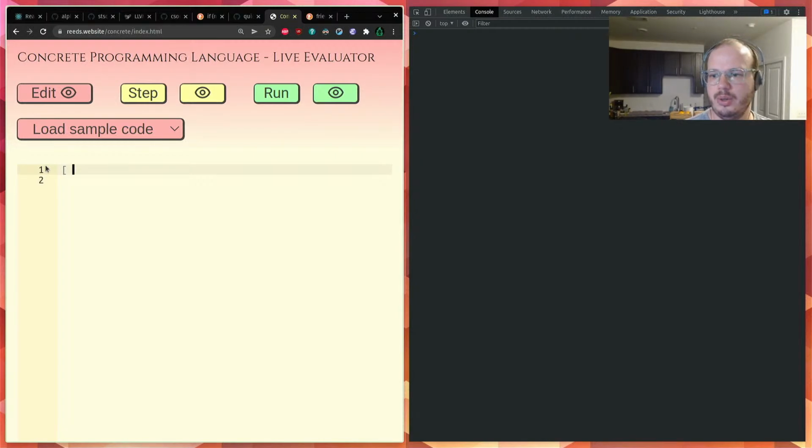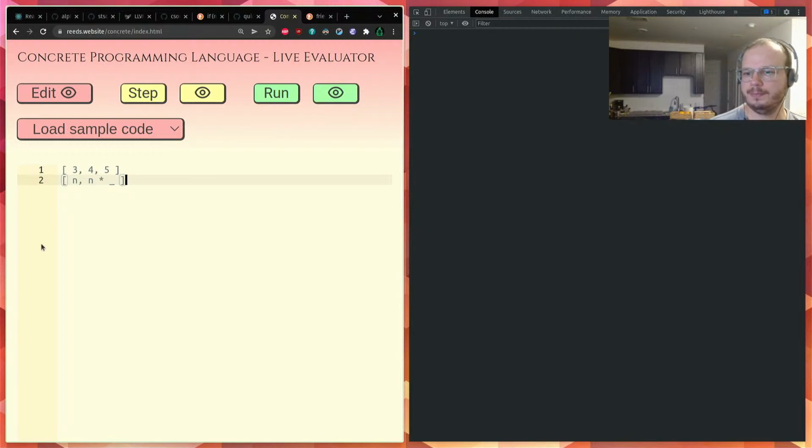So Concrete is also homoiconic, like Lisp is. This looks exactly like code. I don't remember if I implemented reduce in this version of the interpreter in order to show this, so I'm not going to try, but this is the general idea. A pair would just be two of these things.